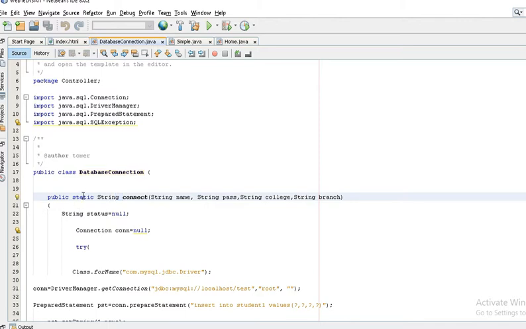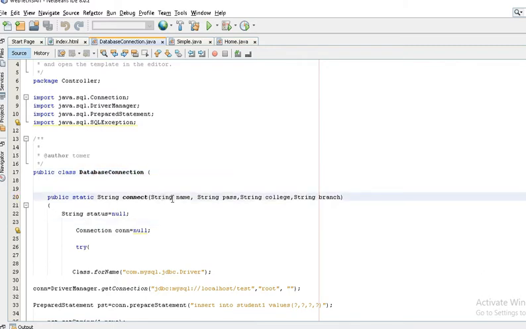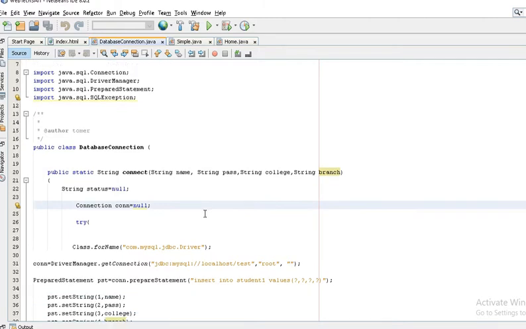That's why it is directly called with the name of the class. I'm taking the four parameters just like we have created in the form in the index.html file. The same number of fields are there, and the type is also the same, right?